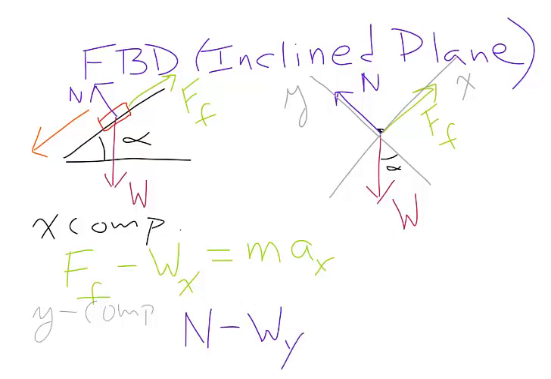The y component of W, and that's going to be equal to m a sub y. But because the object cannot accelerate in the y direction, right? It can't go into the plane. It can only slide along the plane. A sub y is going to be equal